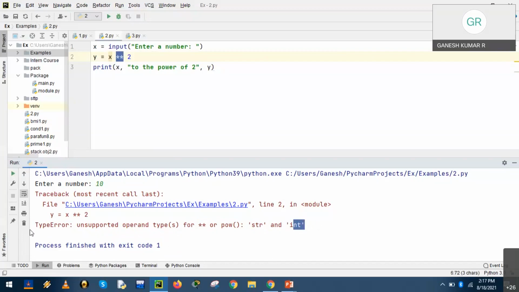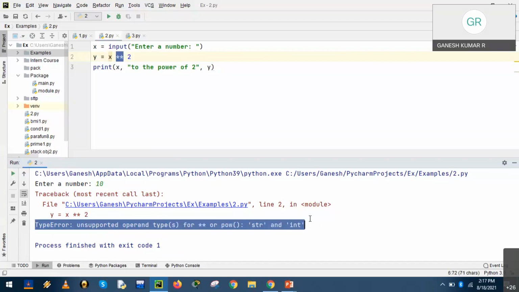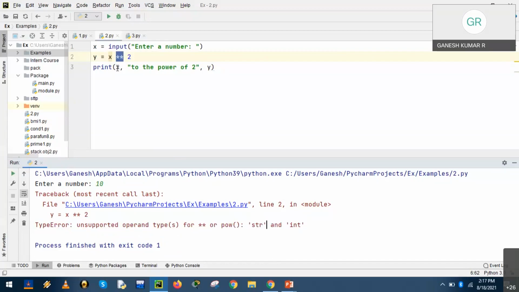Please note, the last line of the message explains everything. We tried to apply the power operator to a string, because x is equal to input, enter a number. The input function has accepted a string.